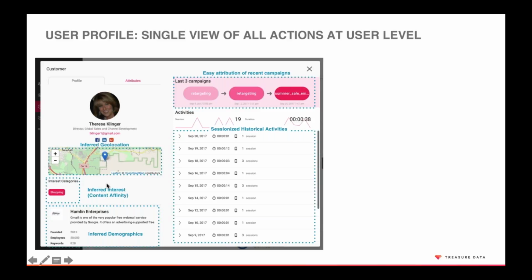And then here are some potentially inferred demographics. So this is a user profile, and this is really what we're trying to get to with a CDP: to understand who this person is, what they are interested in, what motivates them to interact with your brand or product, and then from there, how we can either keep them as a customer or maybe upsell them, and better serve them as a company or a product. So we're trying to get to here.